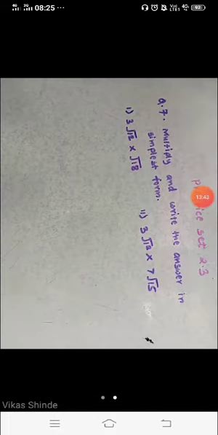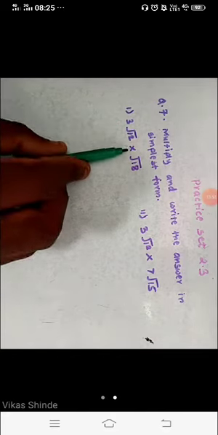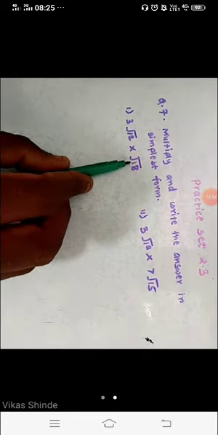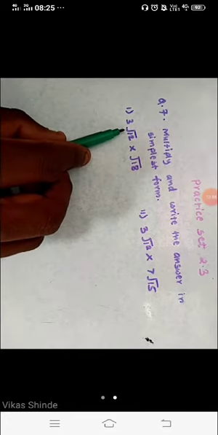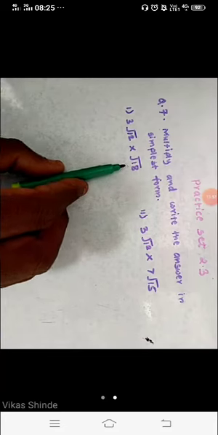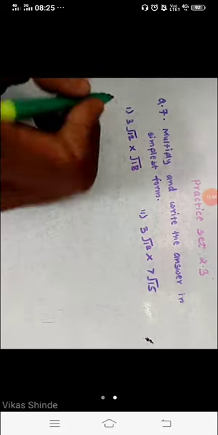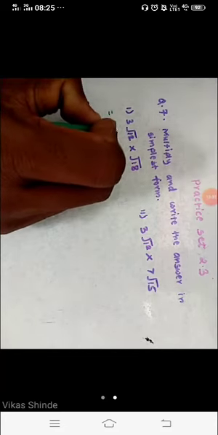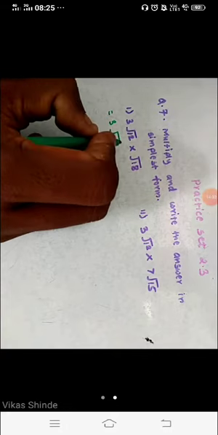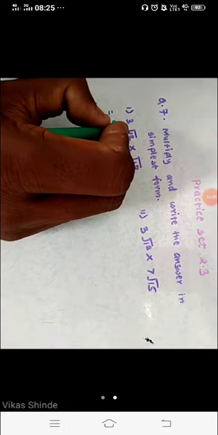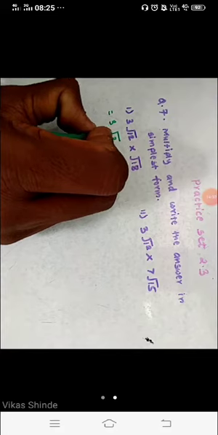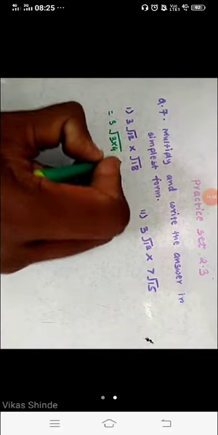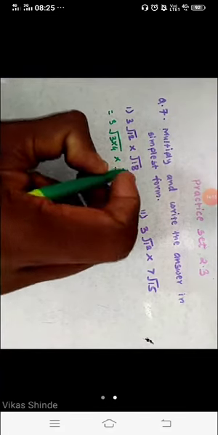Okay, student, now see the next question, question number 7. Multiply and write the answer in simplest form. If you look carefully, here is 3 under root of 12 into 18. First of all, we have to split this number, which means we need two factors. So we need factors for these two, here 12. For 12 we have to write 3 into 4, 3 fours are 12, then into factors for this one, which is